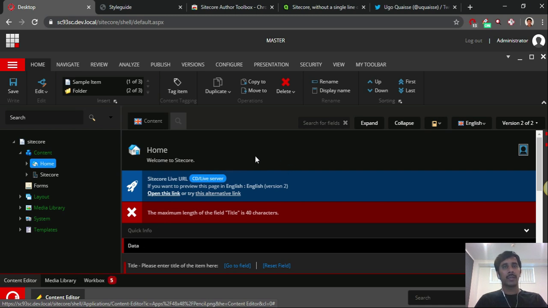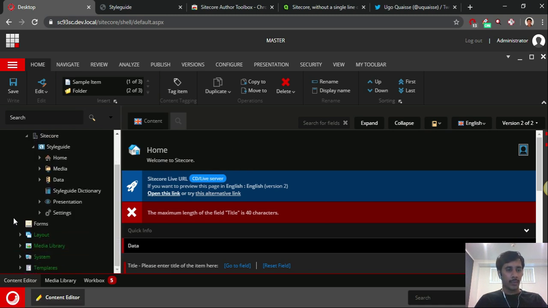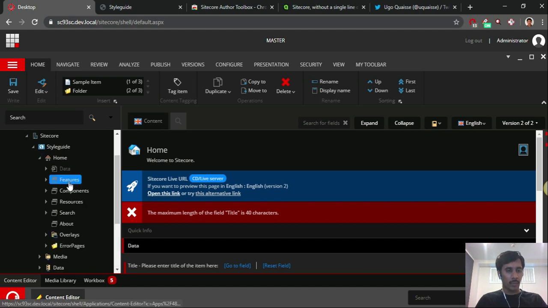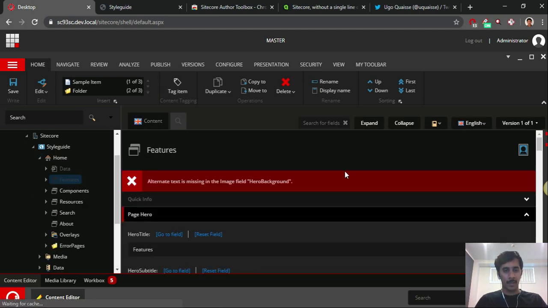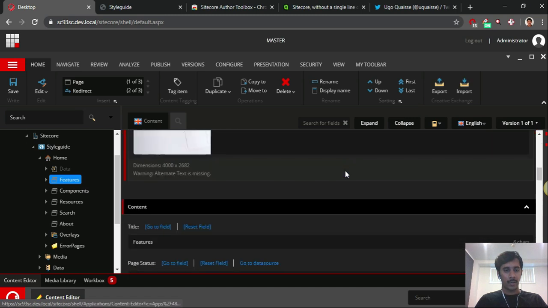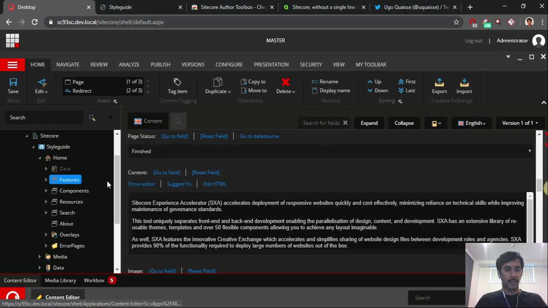The next feature I'm going to show is color syntax. This would be a good feature for content authors as well as front-end developers or back-end developers. If I go to find some rich text field, I guess here I have one, yeah, content.